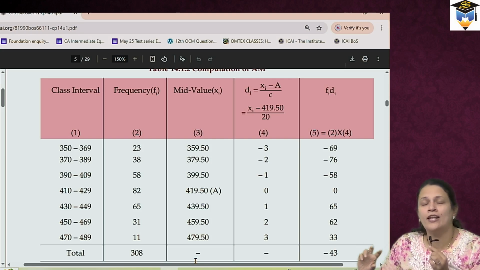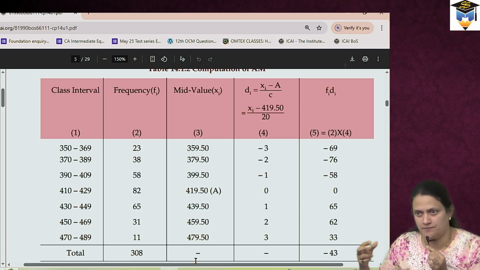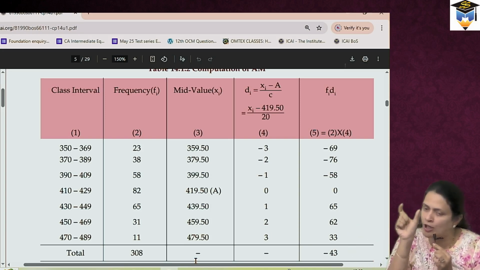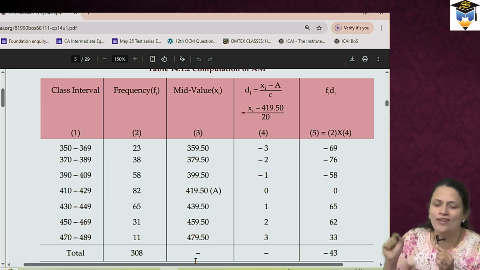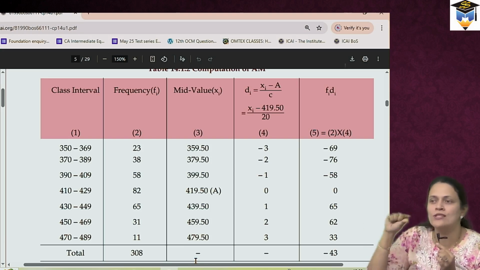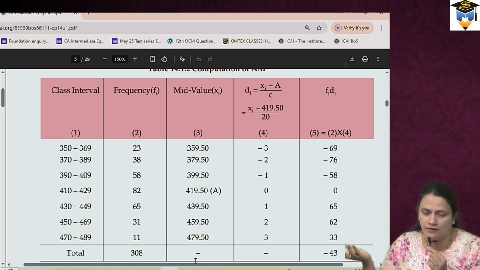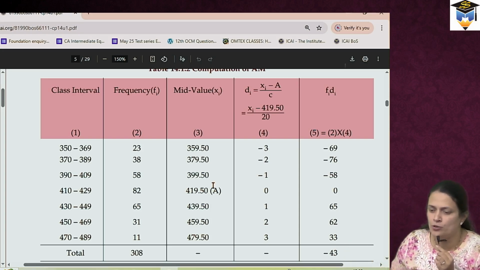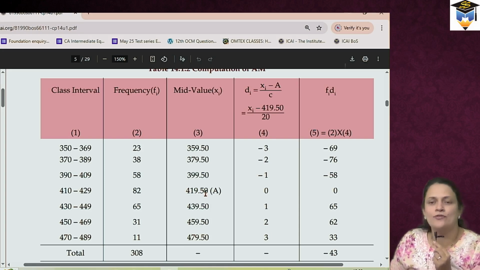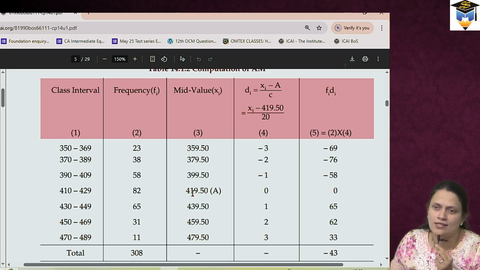But if there are an even number of observations, then you can choose any one. Whenever there are an odd number of observations, always choose the middle value as your assumed mean. Okay. So this is going to be the assumed mean in our case. So di is calculated as xi. What is xi? 419.50 minus 419.50, because this is the assumed mean, divided by